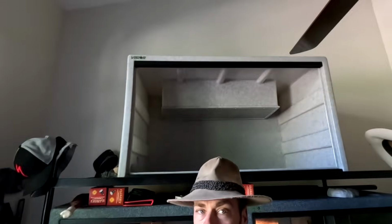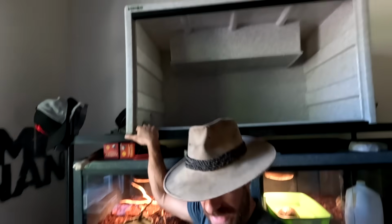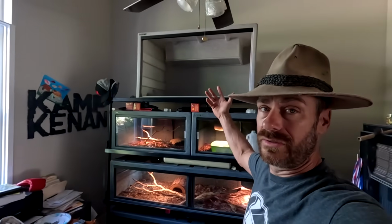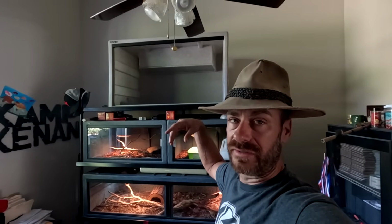And then I'm just going to show you something really cool. Look at this. We got an arboreal cage up top from Vision. They just sent it. I'm really excited. We're going to have some cool animals in there. I think you guys will dig it. Don't want to say what they are because we're going to do a whole video. I want to kind of scape this out, dress it up, and I want to see if you guys can figure out how I design it to see what kind of animals are going in. Arboreal. What do you think's going in there? Let me know in the comments below. Arboreal,